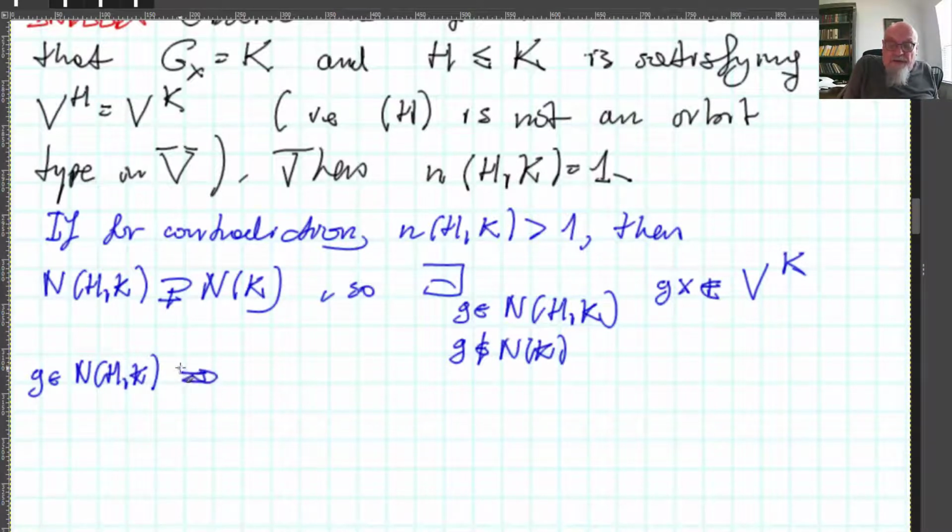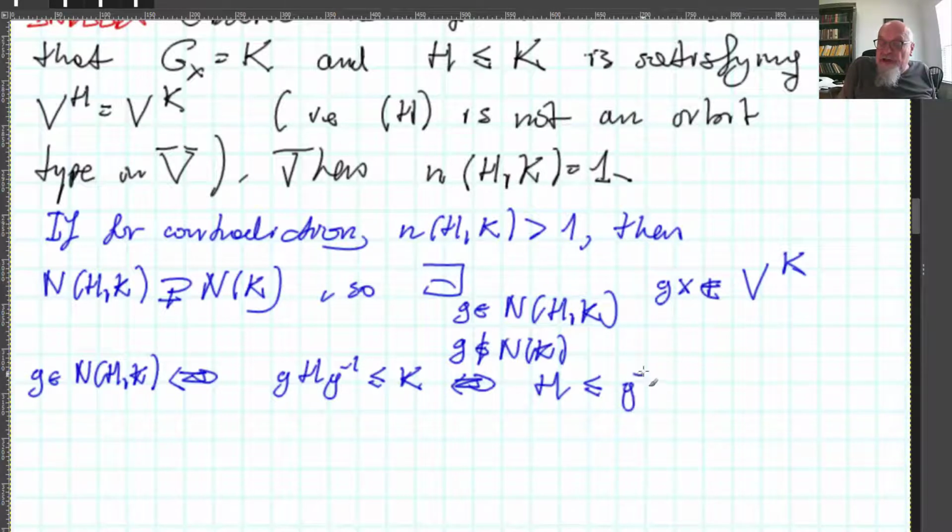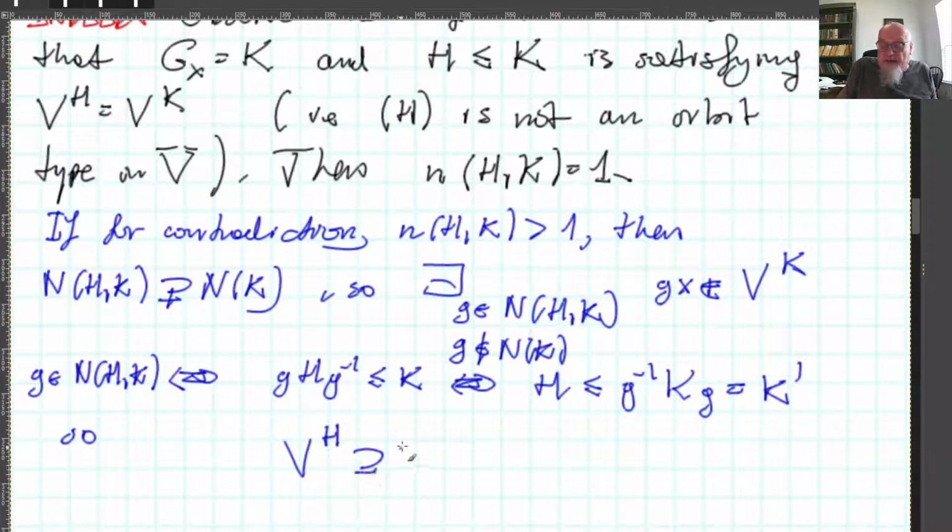NHK is meaning from the definition, let's write it down. G minus 1 H G is a subgroup of K, which is equivalent to H smaller or equal than G minus 1 K G, which is equal to K prime. And we know in this case K prime is not equal to K. So what do I have here? Since H is smaller than K prime, we have here that VH contains VK prime. But on the other hand, we know that this is equal to VK. So what do I get here? That VK